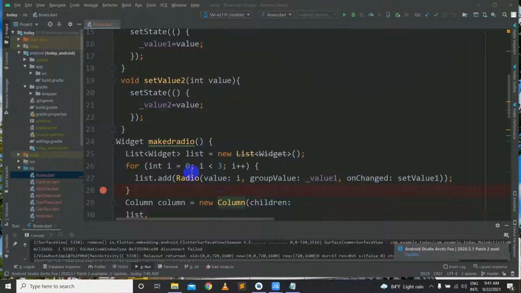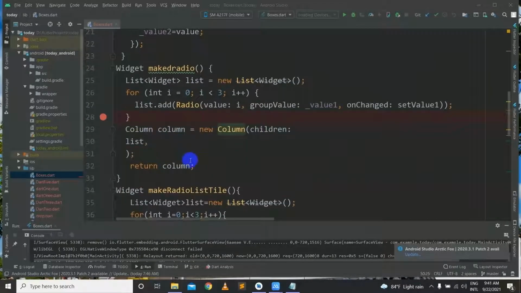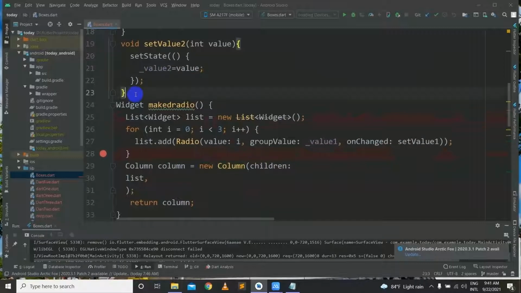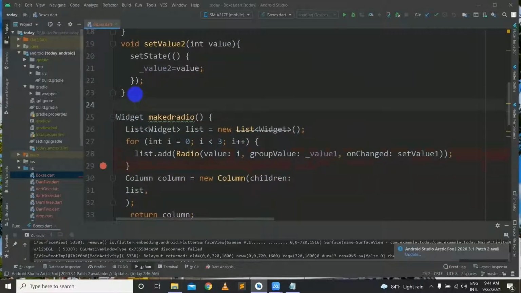Now it's time to learn another widget in Flutter. This time I'll teach you about the checkboxes in Flutter. First of all, let's declare some bool values.